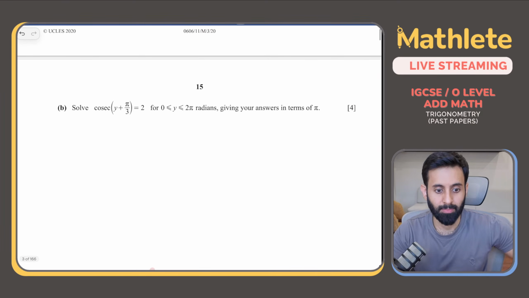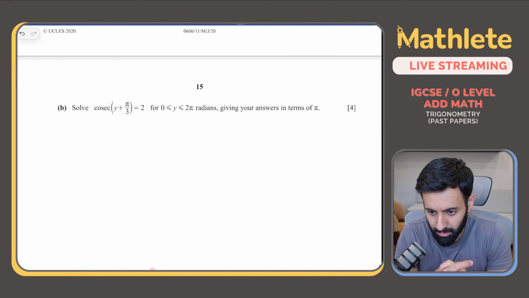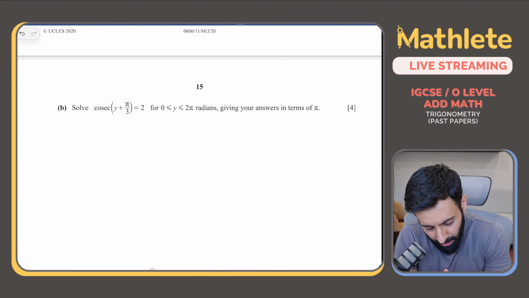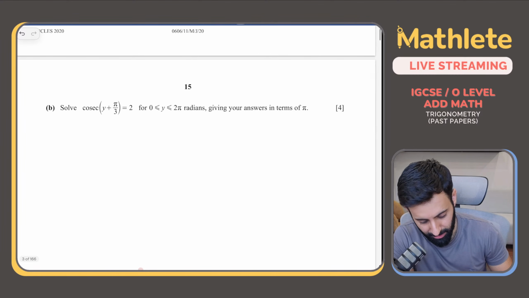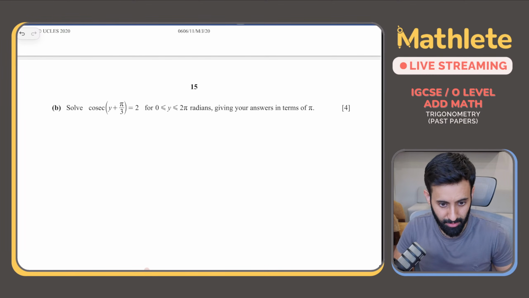Alright, part B. There's no need to solve this by drawing trig graphs. Solve cosec of y plus pi upon 3 equals 2 for y greater than or equal to 0 and less than or equal to 2 pi. Alright, now,